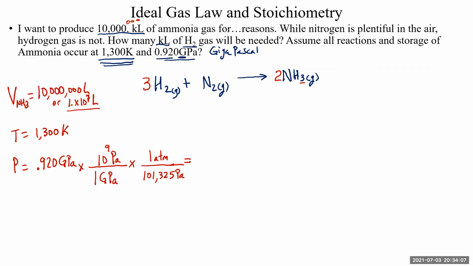And we're going to see that this is much, much higher than atmospheric pressure. These are super high pressures, the kinds of pressures you'll find on planets like Jupiter or Venus. So I take 0.92, multiply it by 1 billion, or 0.92 times 10 to the 9th, and then divide that by 101,325. Don't confuse this with kilopascals. This is 101,325 pascals. And I get 9,080 atmospheres. This would crush a Volvo into a tin can.